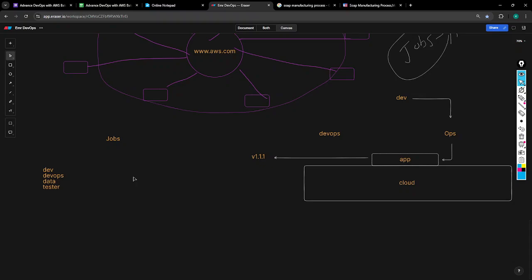No. Imagine there is no DBA, who needs to manage SQL databases and many other things. Imagine if a tester is not there. A developer, with high confidence, will build an application, but it has a lot of bugs. Who is going to rectify those things? A tester. So these are the four pillars of the software industry. Without them, the industry will not work. We are the revenue generators.